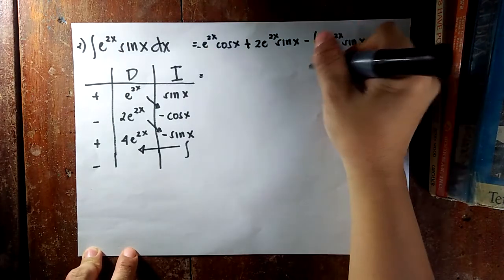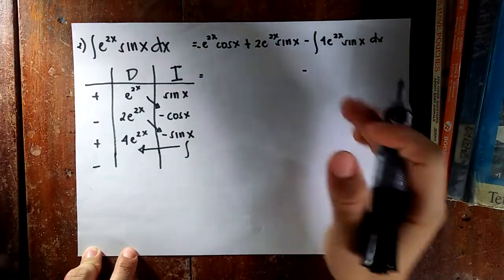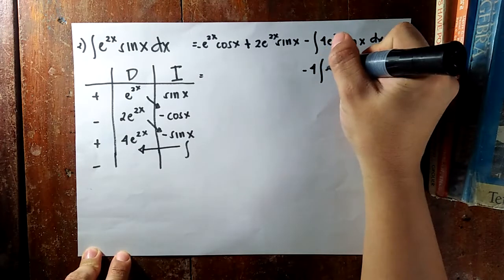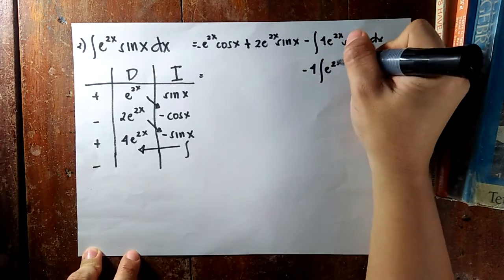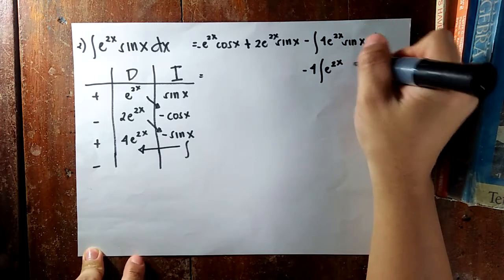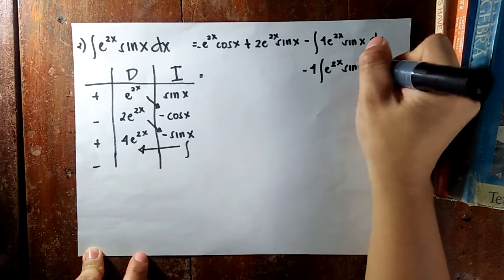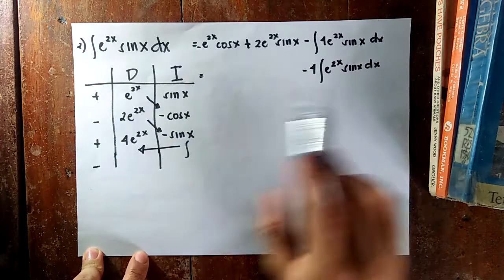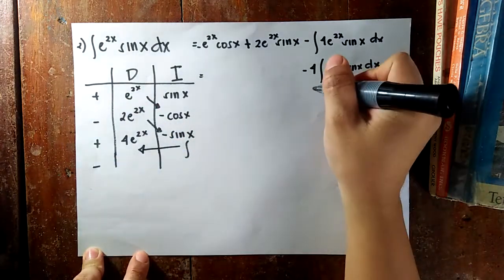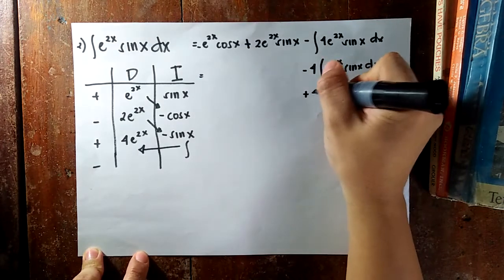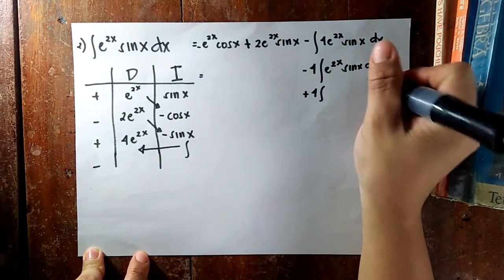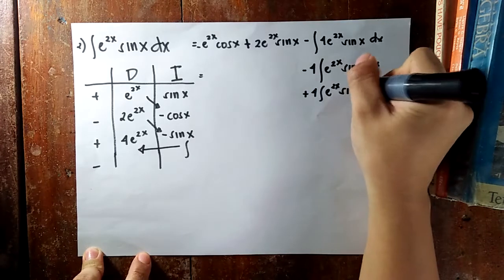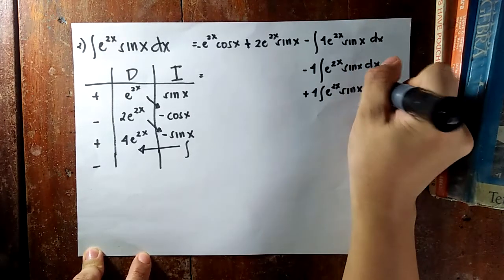So we will move the constant out. This will become 4 times the integral of the product 2e raised to 2x sine x dx. So this and this will now be the same. Let's add both sides for the integration of the product e raised to 2x sine x dx,